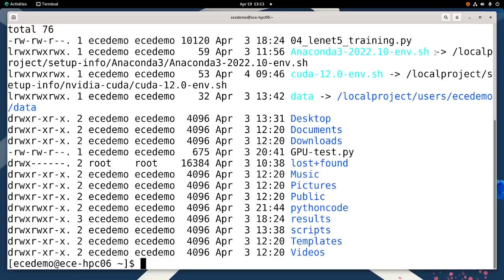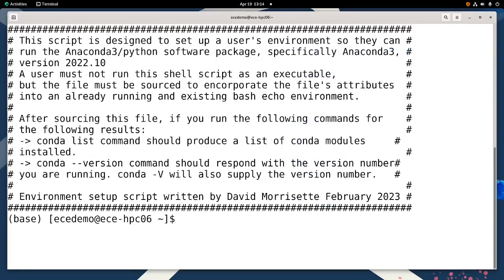And that's a symbolically linked file, and that points to a regular file under local project setup Anaconda3, Anaconda3-2022.10-env.sh. So what I need to do first is I need to source that file. I'm going to source the link so I don't have to type so much. Okay, and I'm going to source that file, and what that's going to do is bring me into the base environment of the